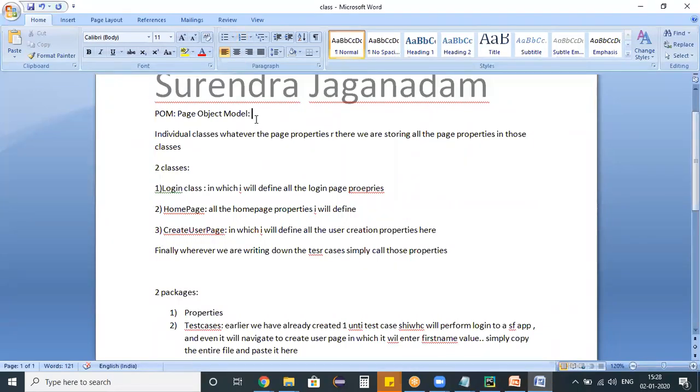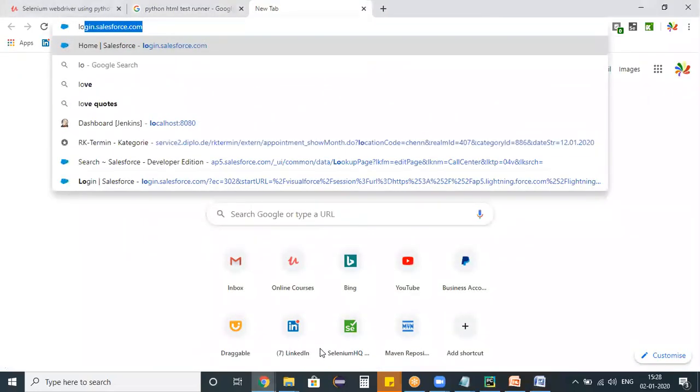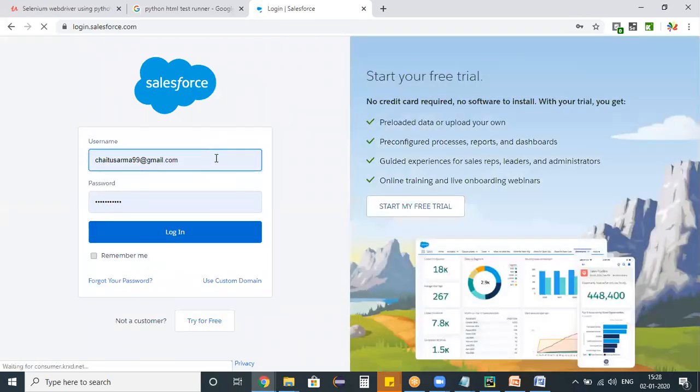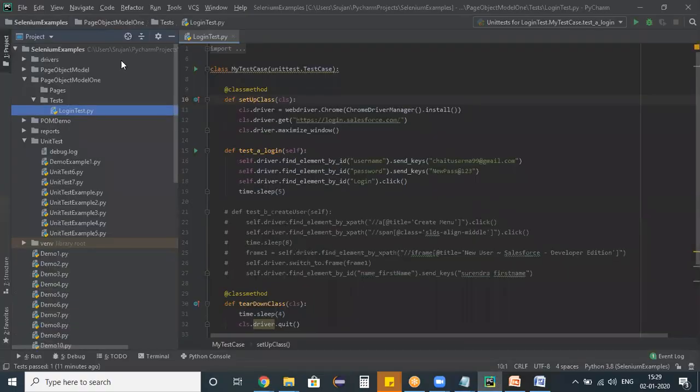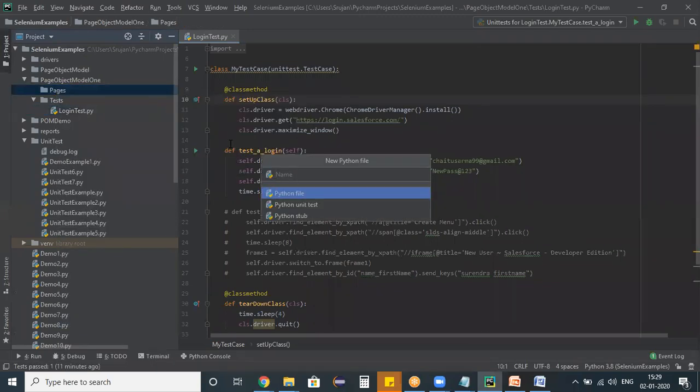properties and we need to create them in a separate file, right? All the page properties, you have to separate them in a separate file. So here, I'm opening this login.salesforce.com. This login page has a username, password, and as well as a login button. So here, I'm going to pages and I'm creating a new Python file and I'm naming it as a login